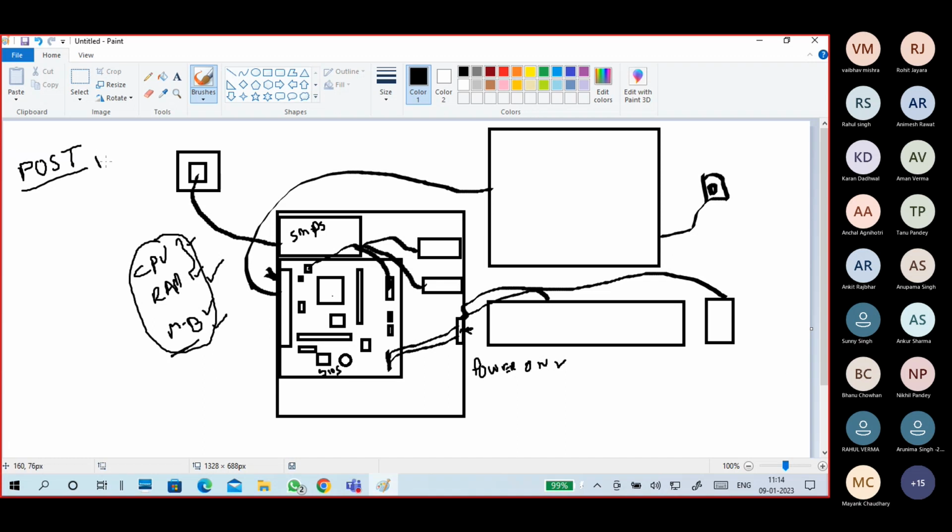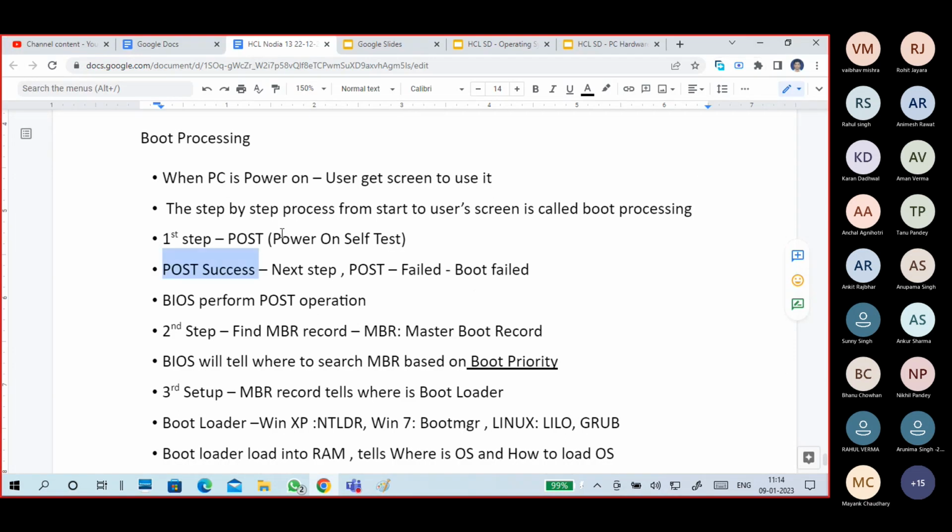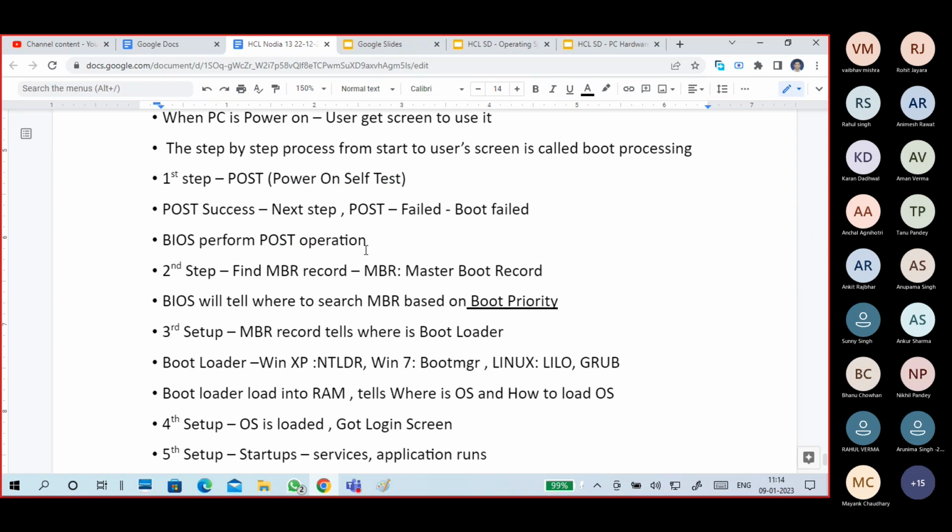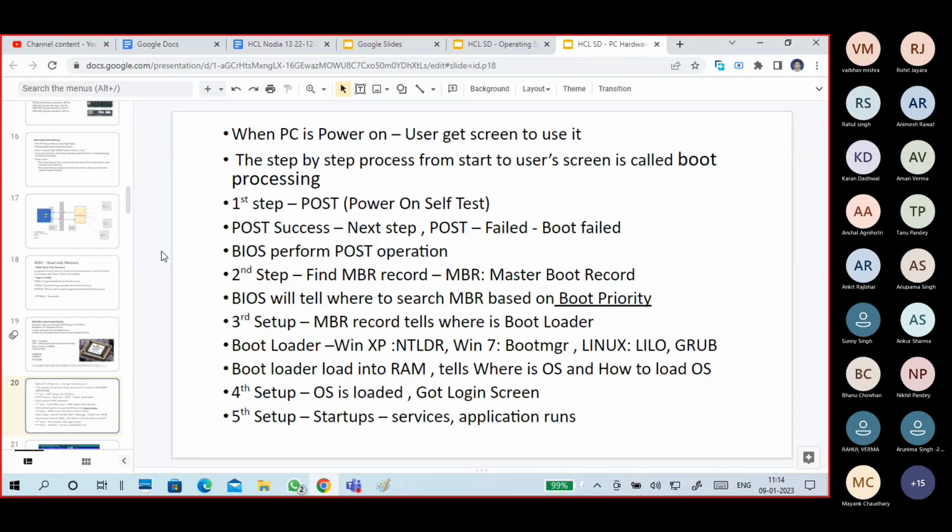Okay, that is a power on self-test. Make sure that it is working. Once POST is successful. Guys, understand POST? Okay. So next, in our boot processing, here I showed in BIOS,